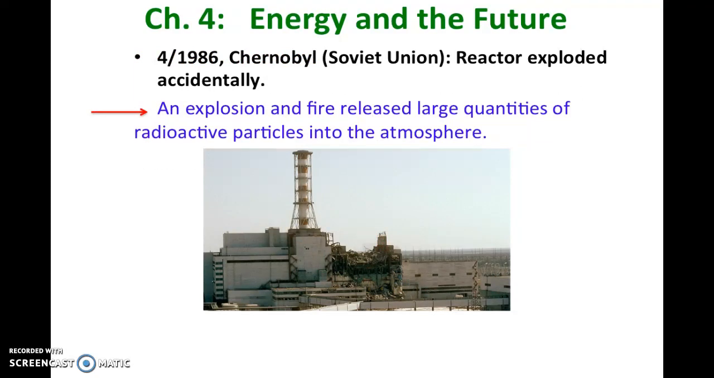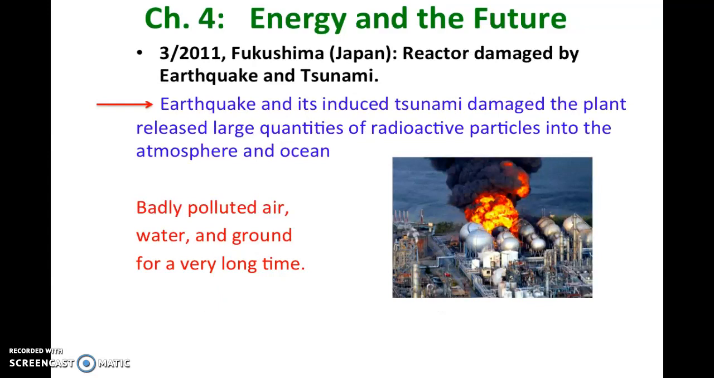The second was the Chernobyl reactor disaster, which occurred in April 1986 in the Soviet Union. The reactor accidentally exploded and released large quantities of radioactive particles into the atmosphere. The third was the Fukushima reactor disaster, which occurred in March 2011 in Japan due to an earthquake and its induced tsunami that damaged the nuclear plant and released large quantities of radioactive particles into the atmosphere, ground